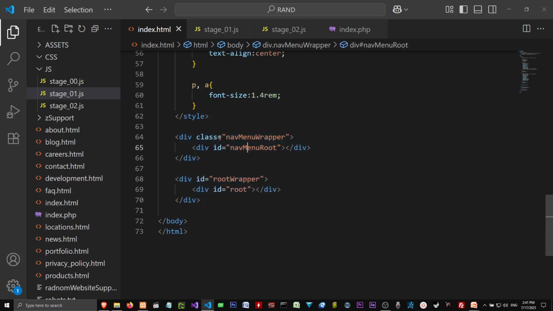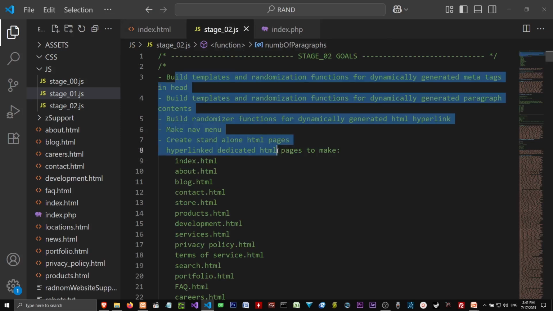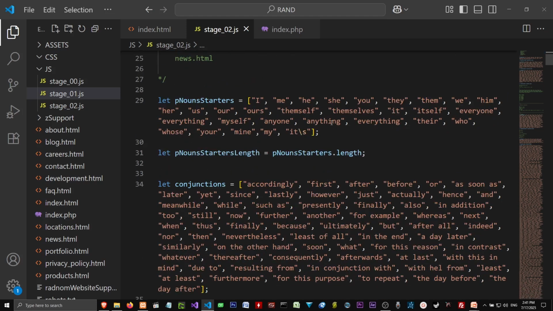You've got a nav menu wrapper, and then your randomized stuff is going to go into your root. And this is all generated by the JavaScript. Again, this is the client-side HTML JavaScript rendering. With the root, this is where all the content is going to go. It's going to be written to your root ID using JavaScript. And really quickly, with the JavaScript and the stage 2 where I'm at right now, you can see my notes that I have. And then real quickly, I went through and spent all this time building out all these